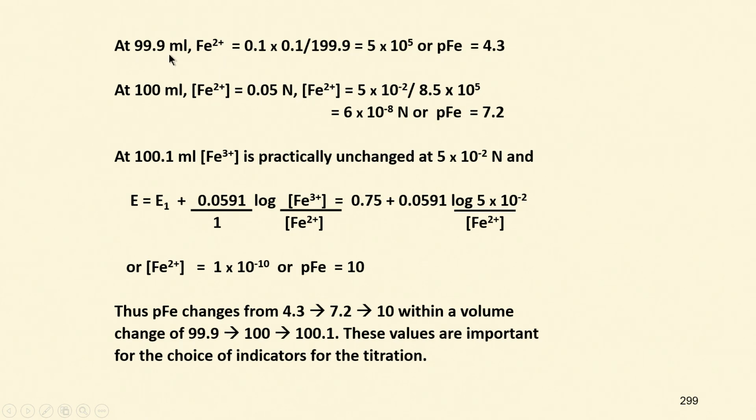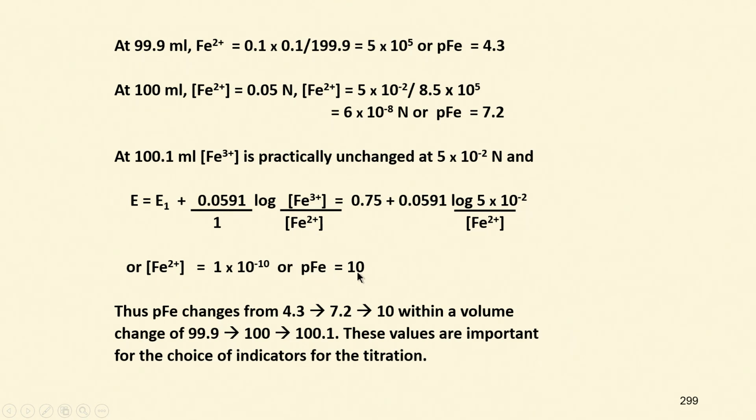So, at 99.9, PFe is 4.3, at 100 it is 7.2, and at 100.1 ml it is practically unchanged at 5.5 into 10 raised to minus 2 normal, and the PFe